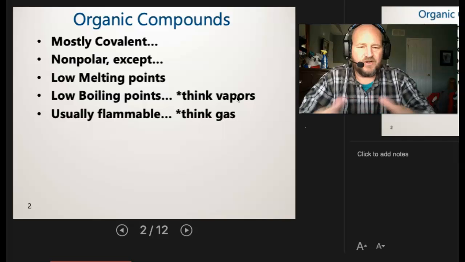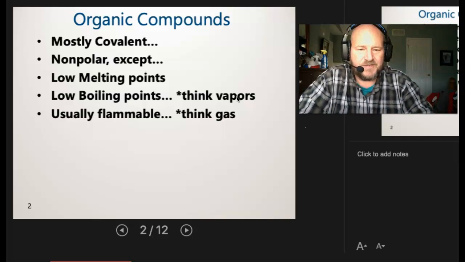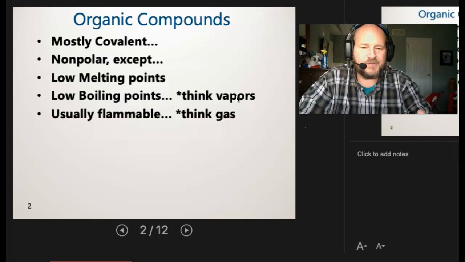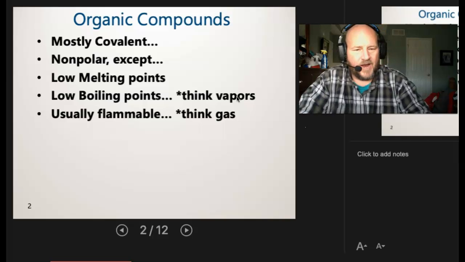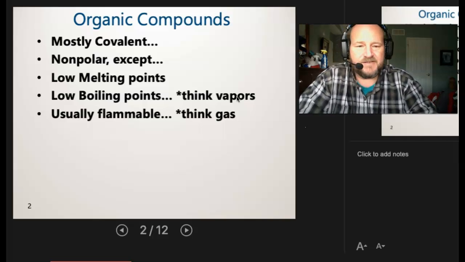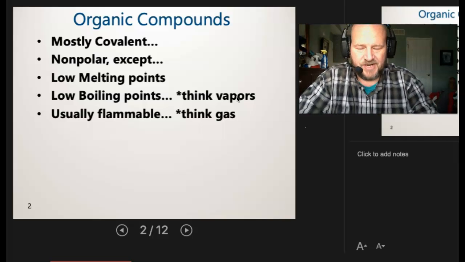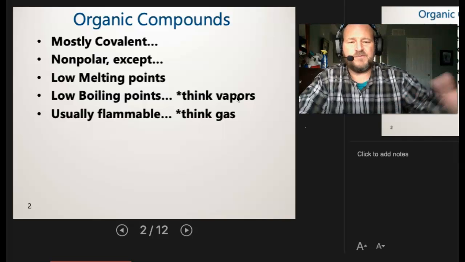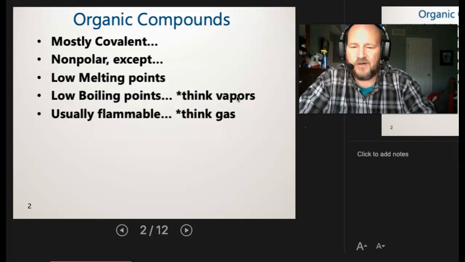As the chain grows longer and longer, you slowly go from a liquid to an oil, and then from an oil to a wax, and then from a wax to a solid. And eventually you arrive at plastics. Okay, so that's pretty much the evolution of the carbon chain, going from one carbon out to hundreds of thousands of carbons in a row.